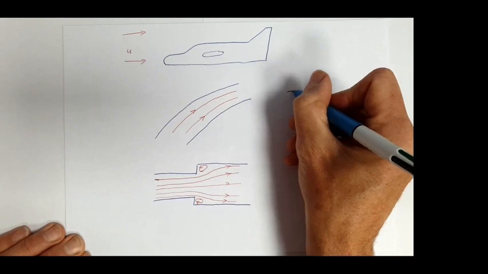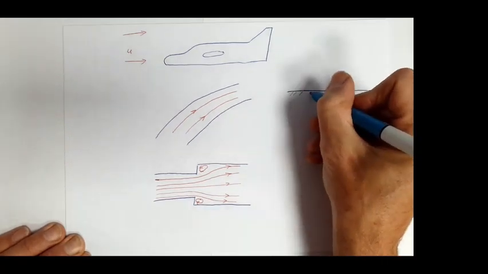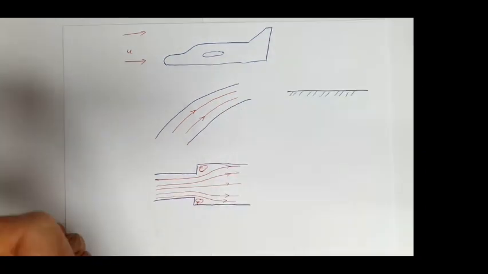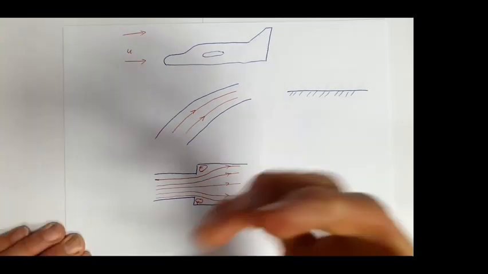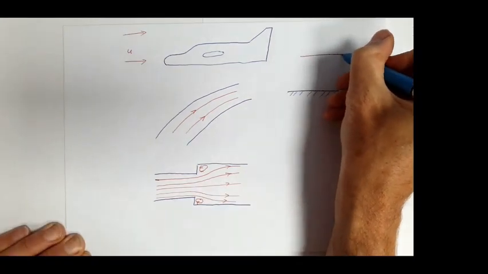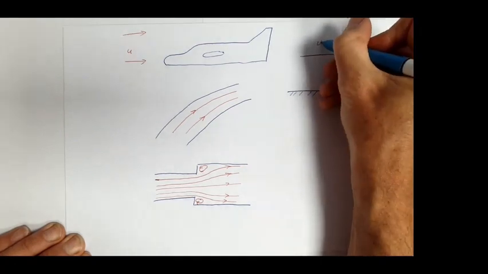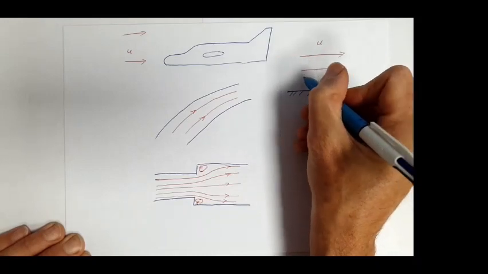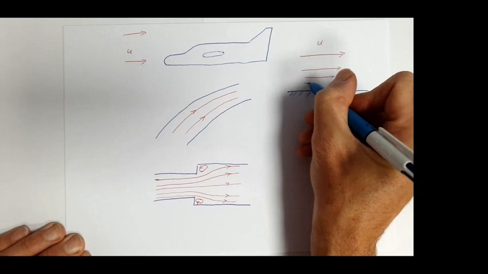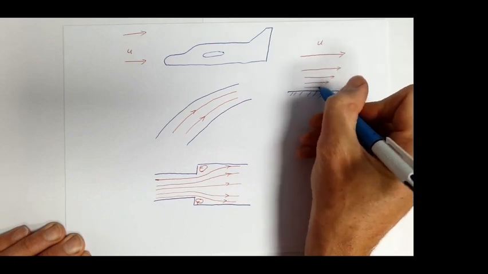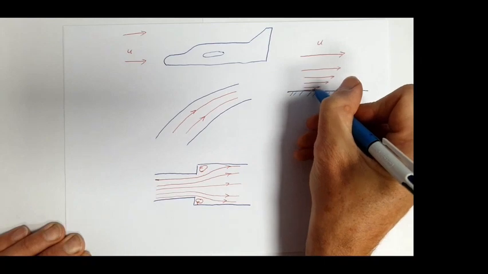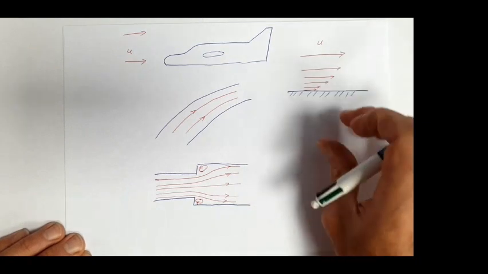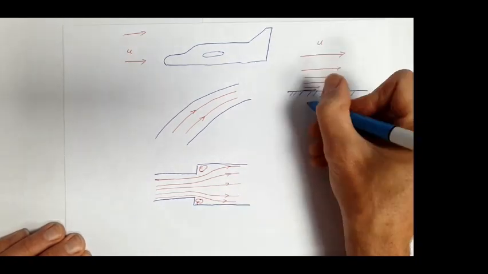So if we were to consider a wall, for example, let's say we've got a wall here, we've got some fluid flowing above this wall. So our free stream velocity, our velocity away from the wall, let's call that u. As that approaches the wall, that's going to get smaller and smaller. And actually u equals 0 on the wall, because we're trying to shear our fluid. As our fluid is shearing, as our molecules are rubbing over top of each other, u equals 0 at the wall,